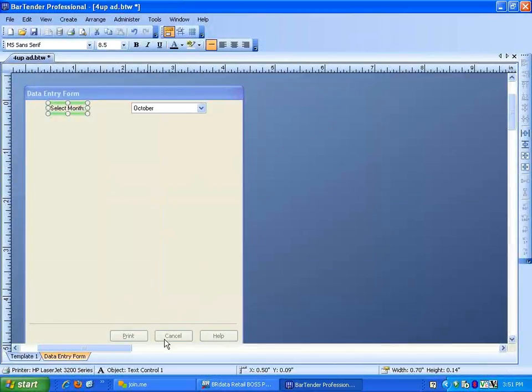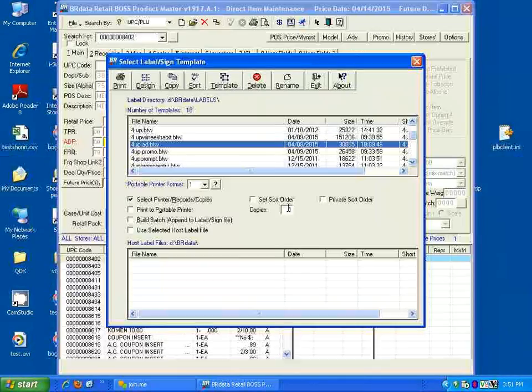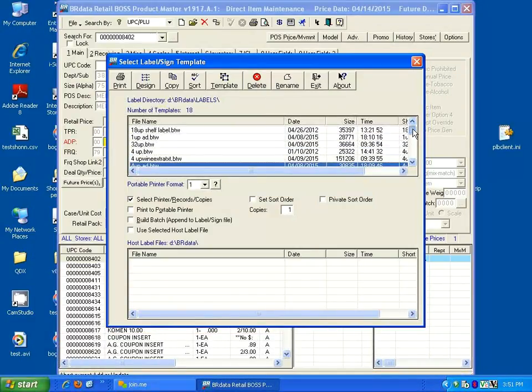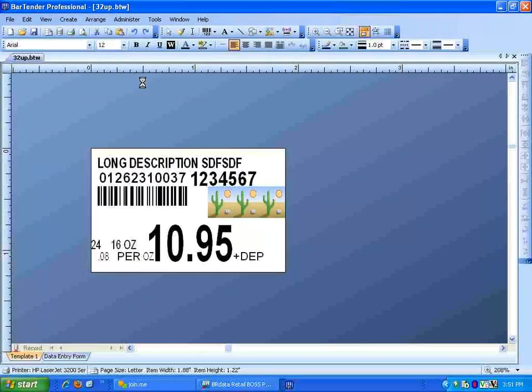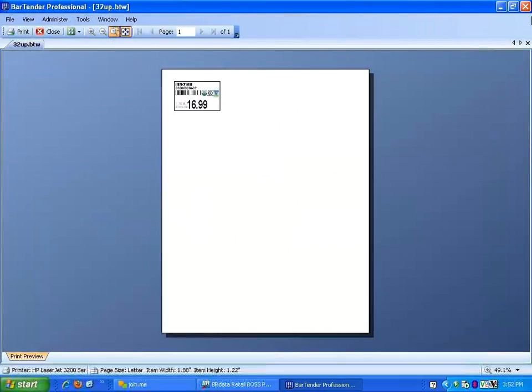So that's a little extensive on how to set up data entry control boxes or prompts for different signs and different templates. I'm going to go back in here to design, and I think we've covered the different fields and different options here. The one thing I will say is a call we get frequently is when you go to print, when I go to hit this print button,